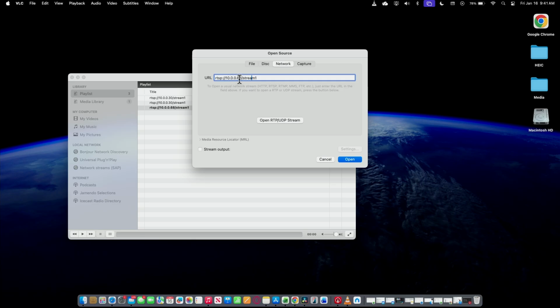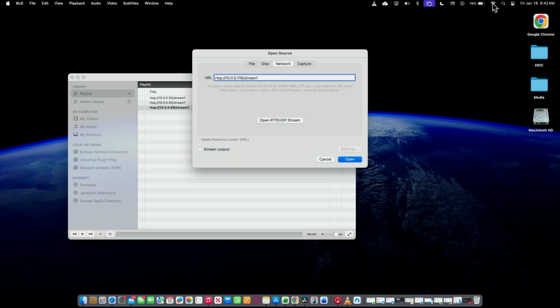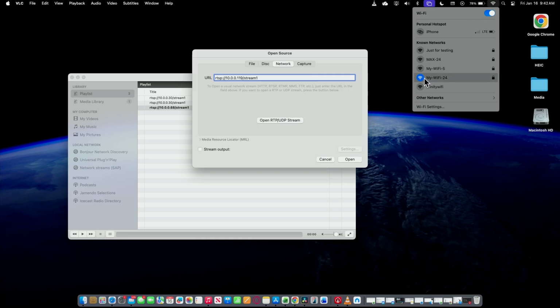// and the camera's IP. In this case here it is 10.0.0.119. It's going to be different for your camera, of course, and then /stream1. Just make sure as well that you have the computer in the same network here, that you have your